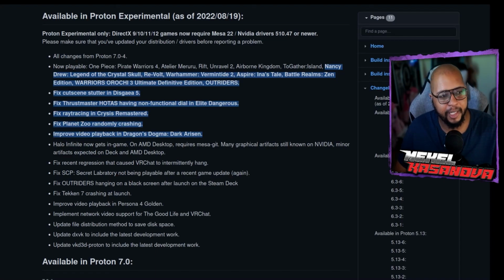They did a couple of fixes, such as fixing cutscene stutter in Disgaea 5, and Thrustmaster Hotas having no functional dial in Elite Dangerous. They've also fixed ray tracing within Crysis Remastered, fixed Planet Zoo randomly crashing, and improved the video playback in Dragon's Dogma Dark Arisen, which is something I'm really happy about because, man, video playback in that game has been atrocious. Halo Infinite now gets in-game,